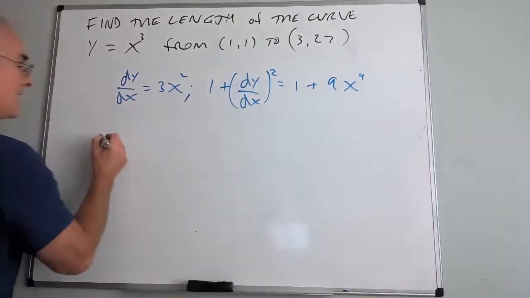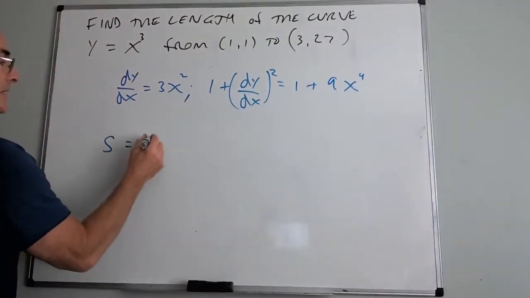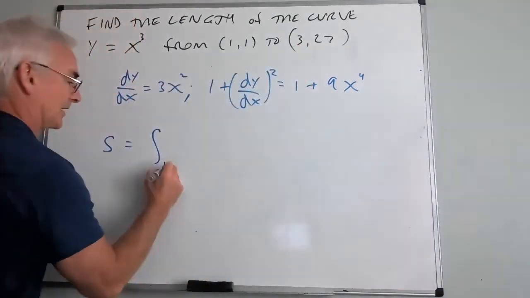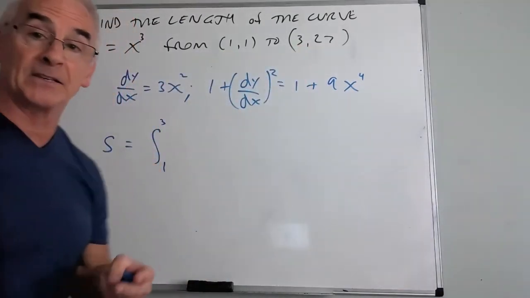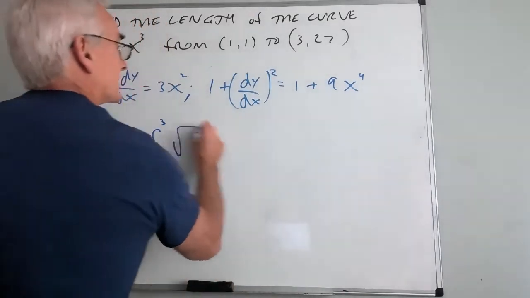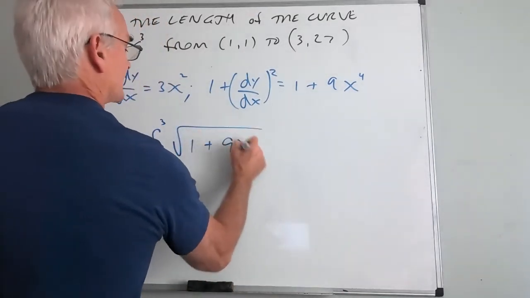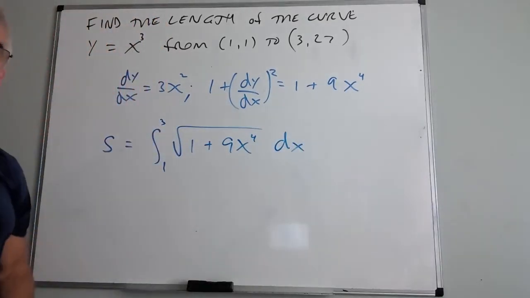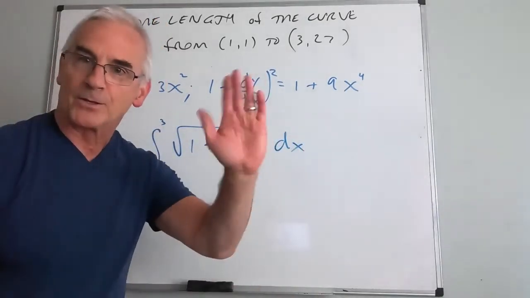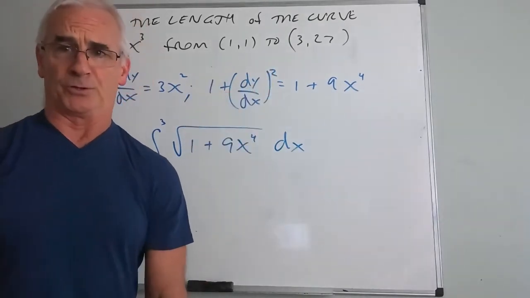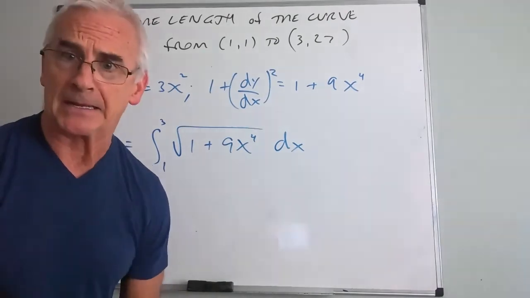Okay, great. My arc length is, because I'm integrating with respect to x, it's going to be 1 to 3. See, I may find it prudent to integrate with respect to y in some cases. And my integrand is going to simply be the square root of 1 plus 9x to the 4th dx. Now you're in a Calc 1 class. What do you do at this point? You smile and wave. You're in a Calc 2 class. What do you do at this point? Same thing, because you can't integrate